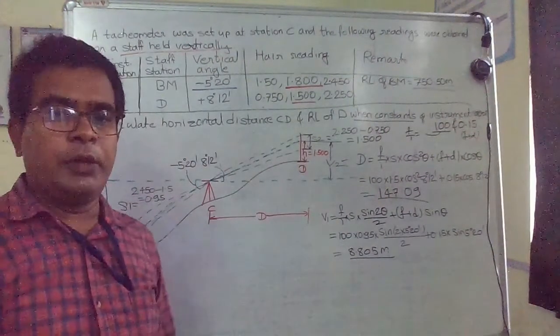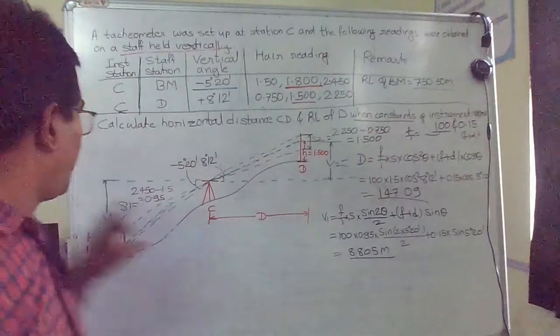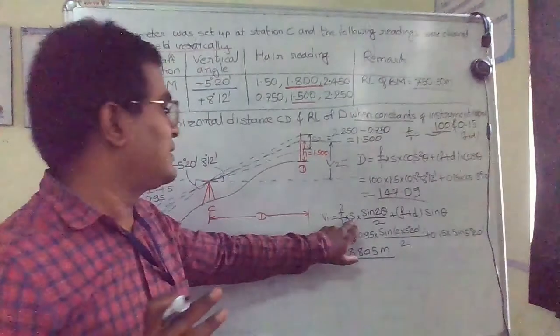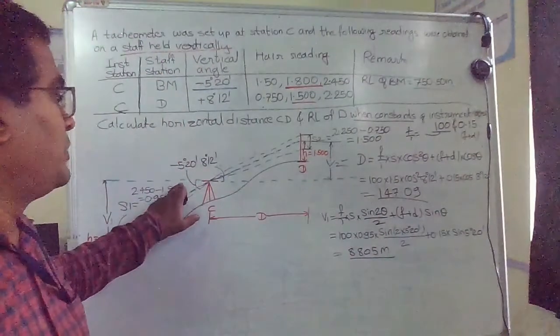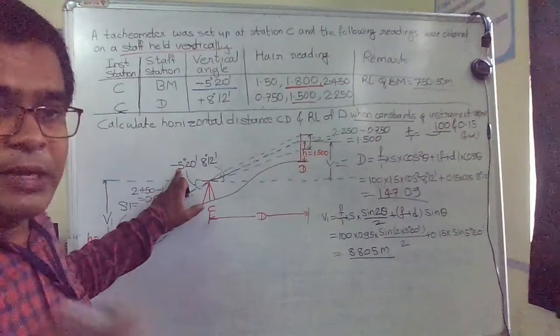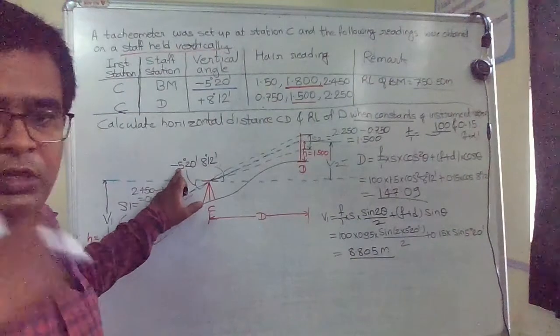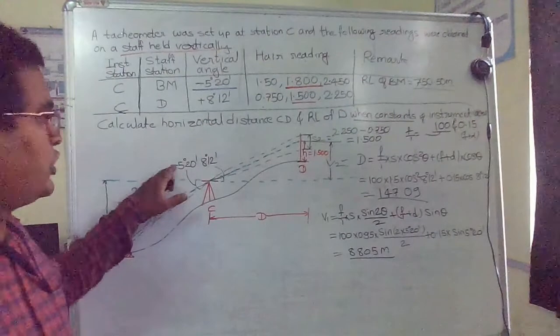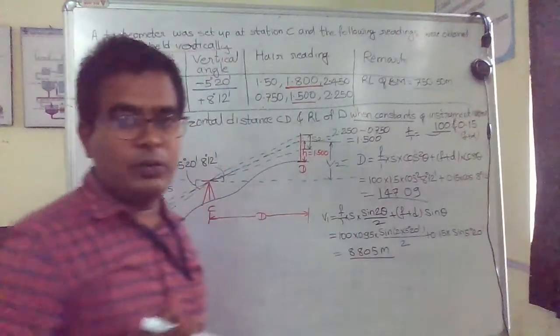Okay, got it. Now similarly, we have to find the distance v2. Just as we did, we put in the values of s and theta. Theta here is the angle of depression. Though a minus sign is given, just to give you the idea that it is an angle of depression, we don't use this minus sign in the calculations.